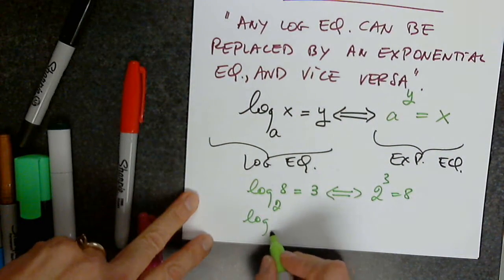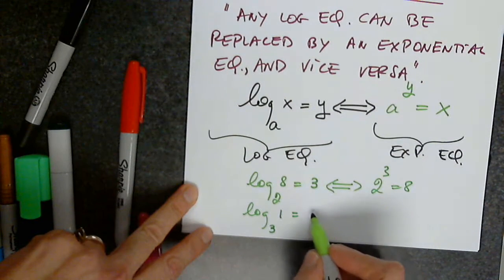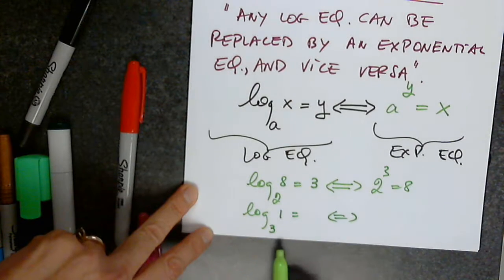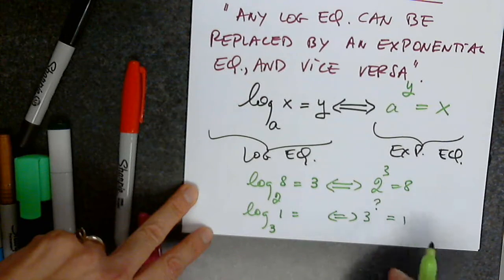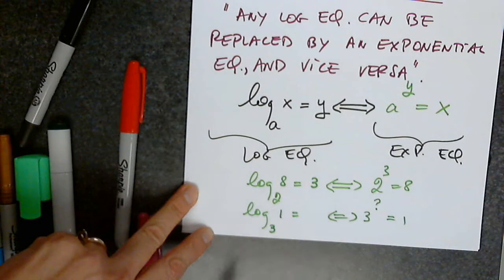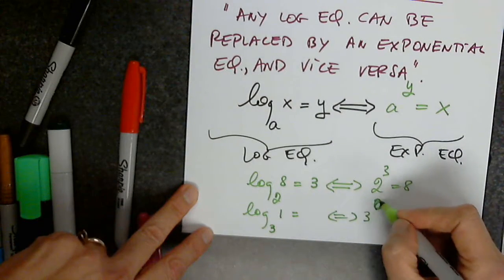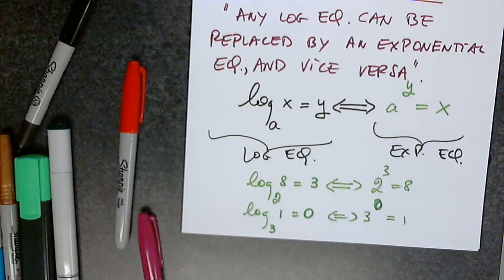Log base 3 of 1 is, what do you think? So that 3 raised to some power is 1. What should I have here? Exactly, 0, right? That's it. So let's just see what is left from